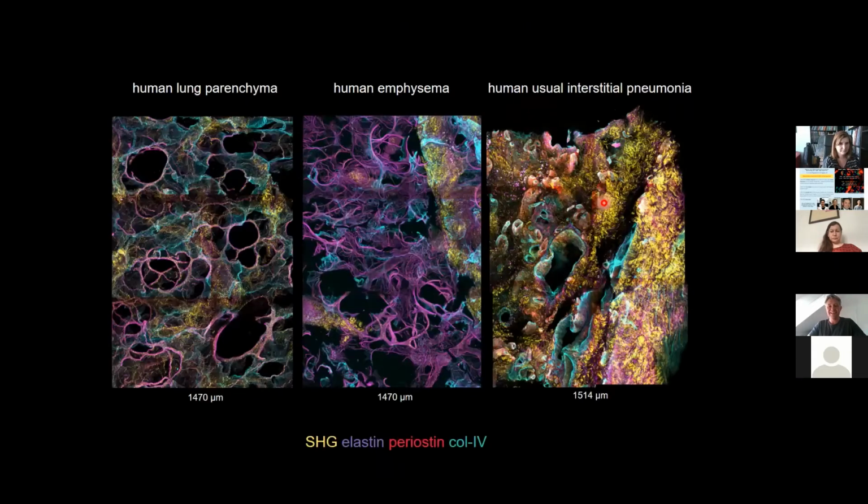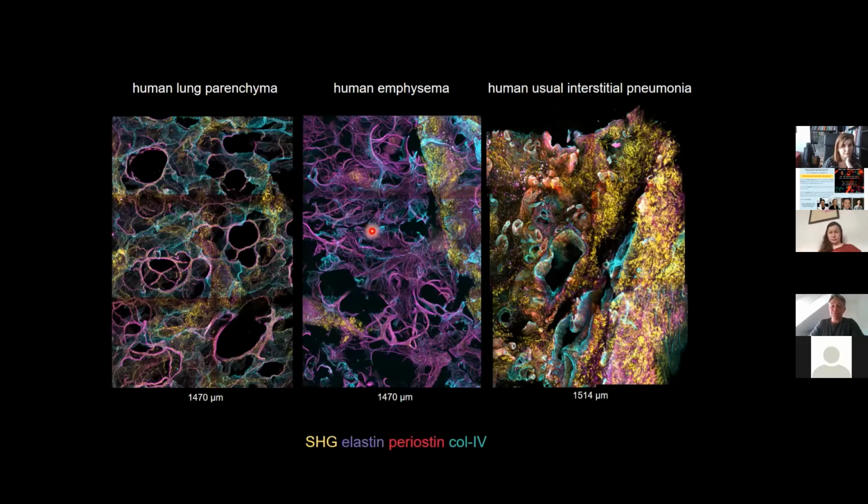Give me a second. So I can finish off here, but I can just show you that this image is, for example, an image of some of the patients that Alejandro and collaborators have been looking at, and this is to look at the human parenchyma. And here you see the beautiful alveoli structures. This is a tile image of 1400 images, and you can see, in different human diseases, how the structure not only of the elastin and the collagen fibers is altered, but you also see other alterations like periosteum and so forth. The biggest difference here is that in some diseases we have what we call a tremendous fibrotic tissue of second harmonic signals of fibrillar collagen,